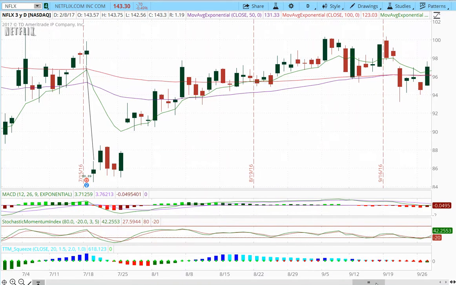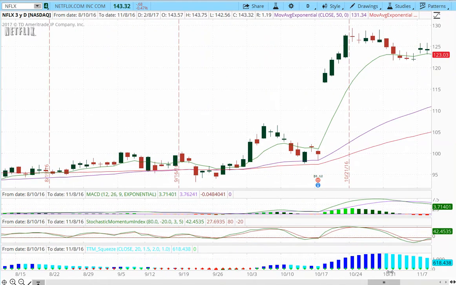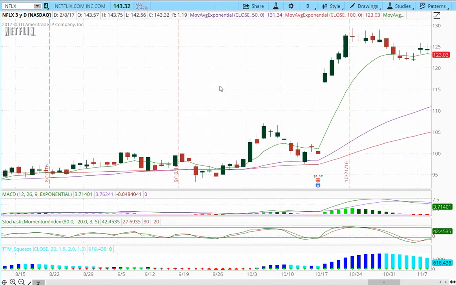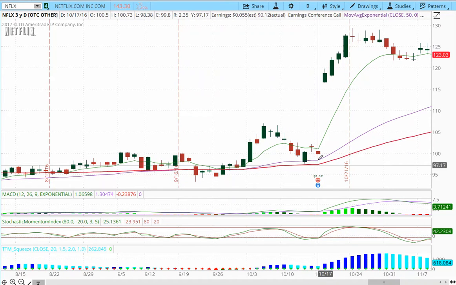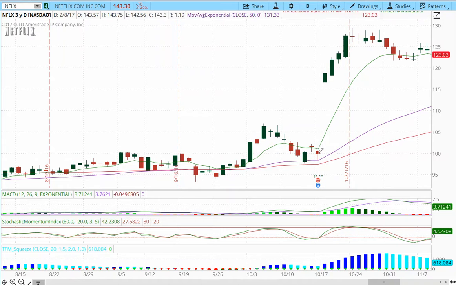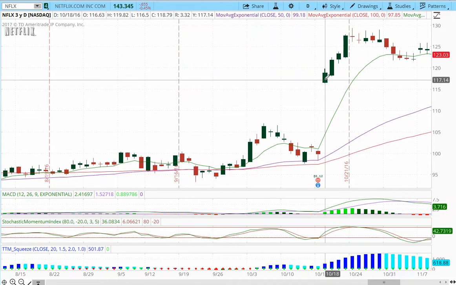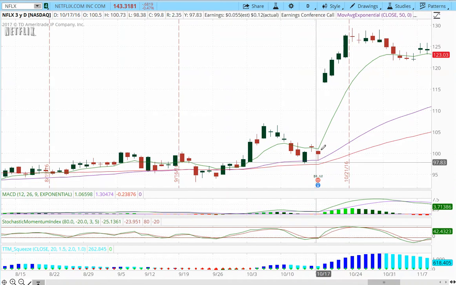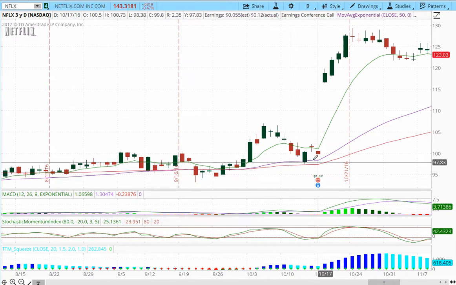Let's take a look again on Netflix at a gap up. Clearly you can see when you're looking at the bars on this chart where the gap is. Here's earnings, and the day of earnings it closed on a low, but as you can see the next day there was a gap up and it closed on a high. So let's go ahead and measure